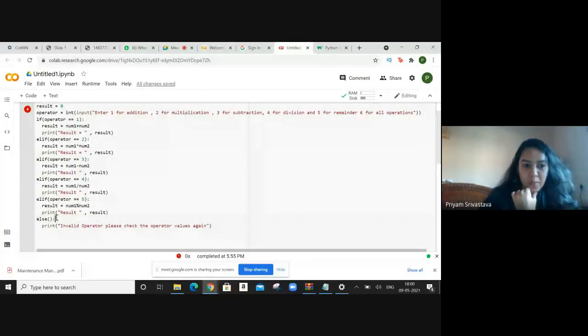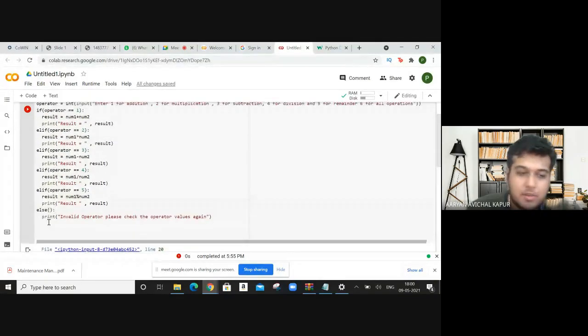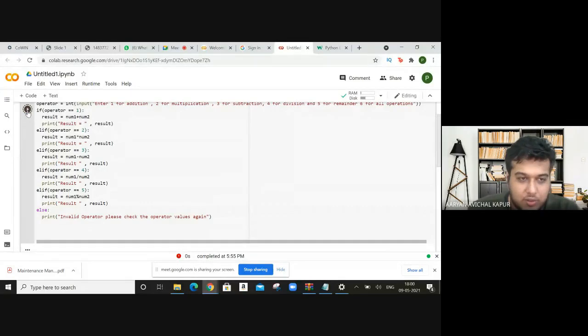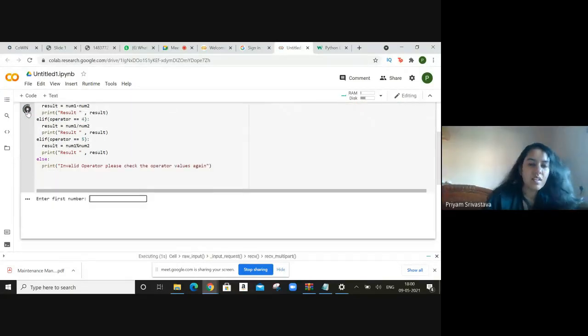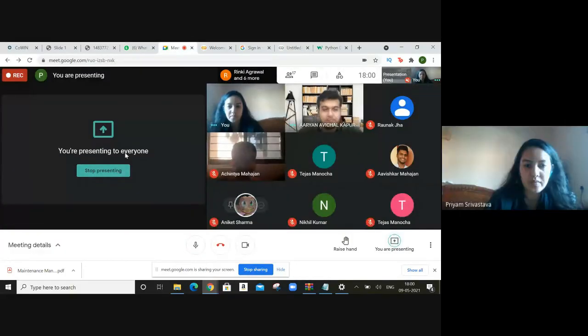If I'm doing this, I don't know what I should put to make this error go. In else you don't put any argument. Remove the bracket. Else there is no bracket. It's simply the colon and enter. Okay, I think you should be good to go now. Fine. I was stuck at this.